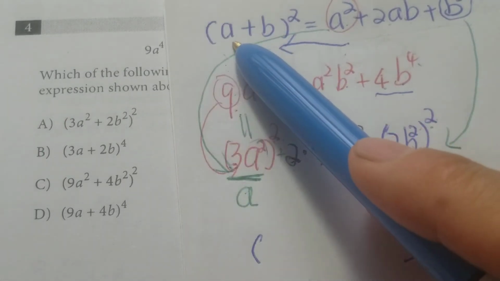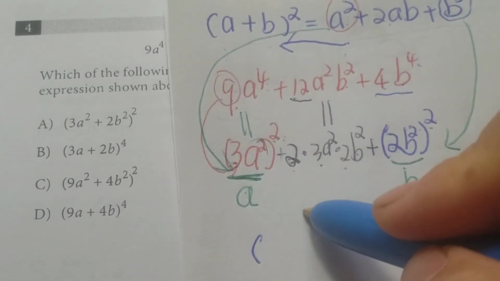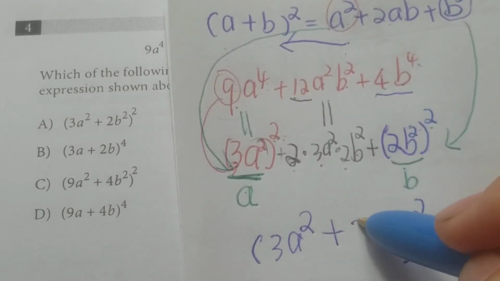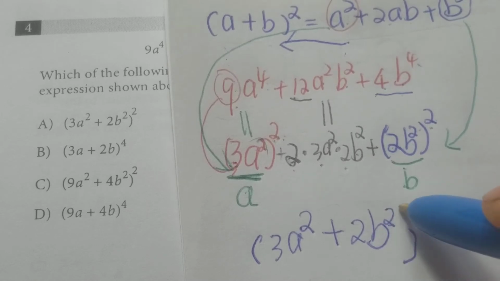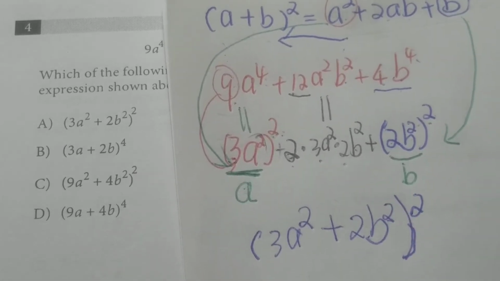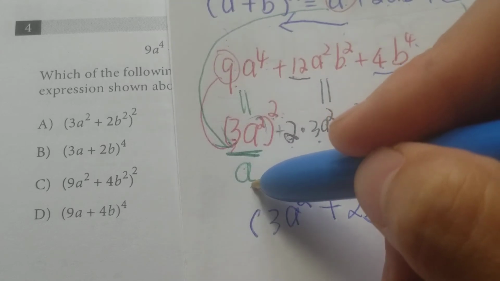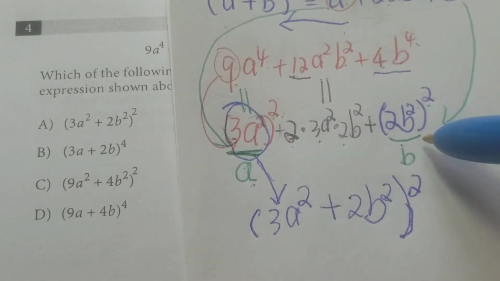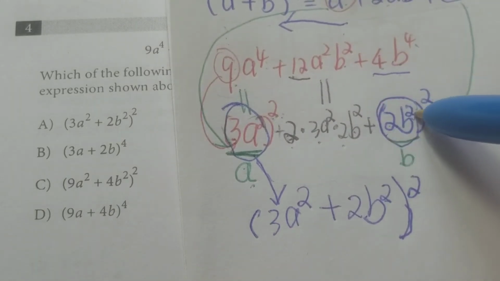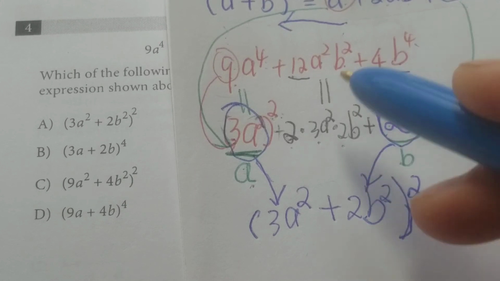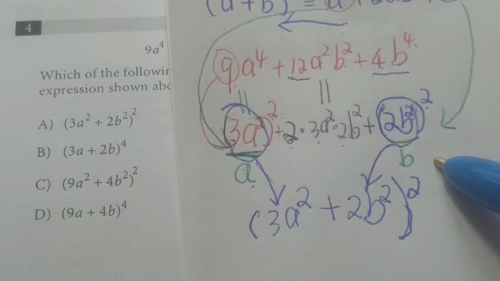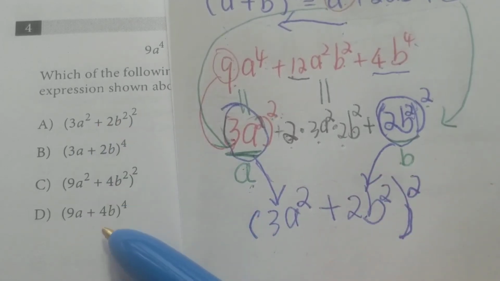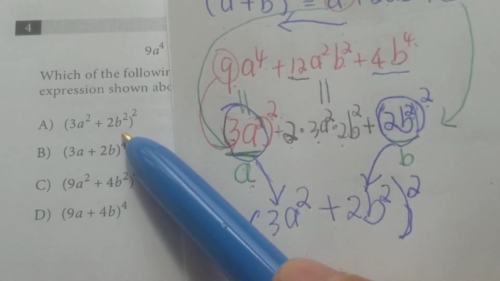I just need to substitute where my a is 3a squared plus where my b is 2b squared in parentheses, squared. Again, double check. A is 3a squared, right here. B, which is 2b squared, is right here. So (a plus b) squared. Now back to the choices where you can see A is the